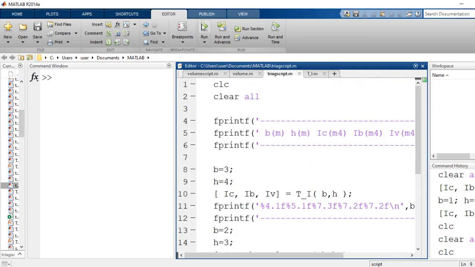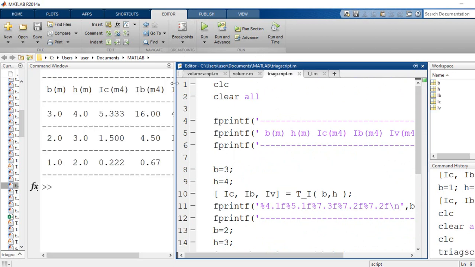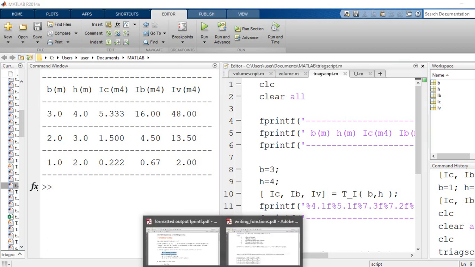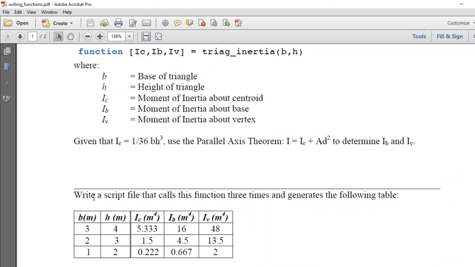If I run the script, you can see that this is the table that I need to see. In fact, guys, if I ask you to print out a table, I will give you the table by running my solution, my script. So I'm going to give you this one, not the one that you can see here. Because in fact,